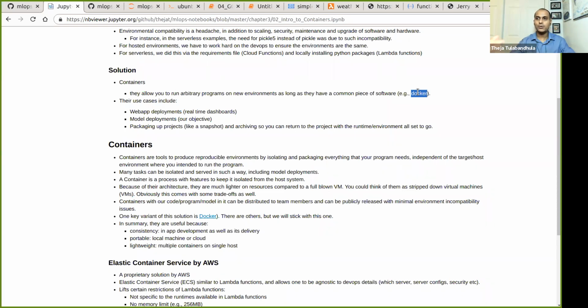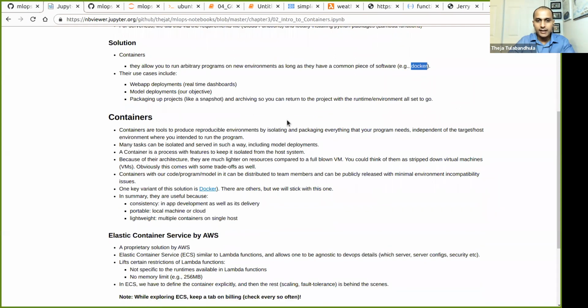For folks who know Java, I don't know if anybody knows Java here, there's this notion of a JVM, Java Virtual Machine, right? You write your Java program, and if there's a JVM on an ARM machine, or an x86, or a 64-bit machine, or a 32-bit machine, as long as the JVM is running there, your Java code can run on any machine, right? It's similar in that pattern.